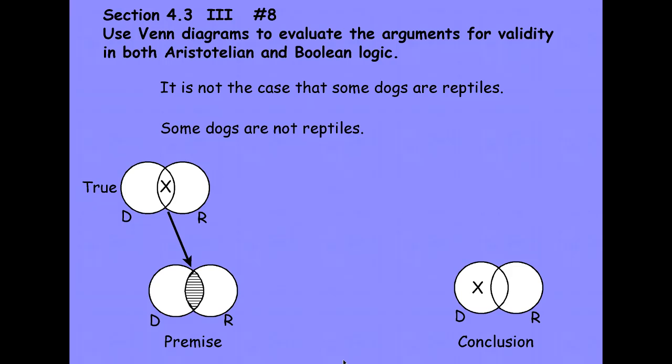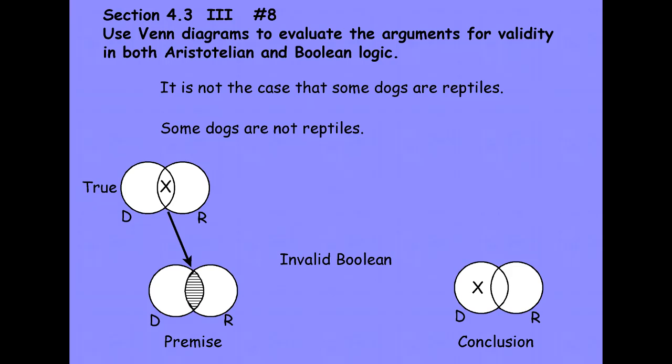I look over at my premise diagram. If my premise is true, if this is the way the world is because my premise is true, am I guaranteed that I have an X in here? There's nothing indicated in here. So making my premise true doesn't affect this at all. It doesn't determine whether or not there is a dog that's not a reptile. It only requires that there isn't a dog that is a reptile, that this area is empty. So nothing about making my premise true guarantees my conclusion is true. And if that's the case, it violates my definition of validity. And therefore, the argument is